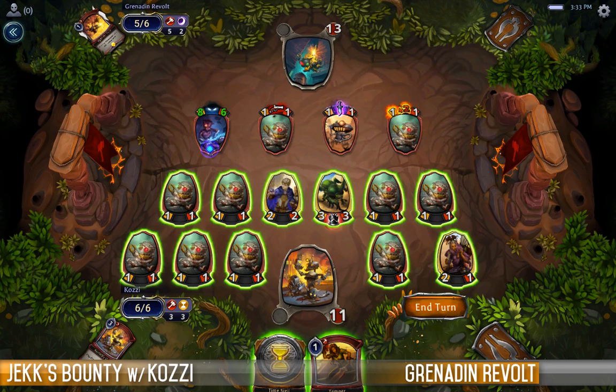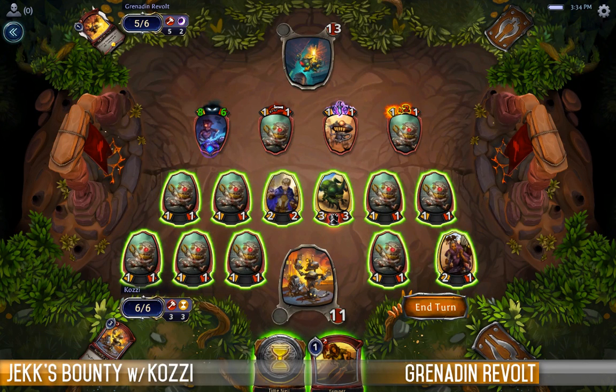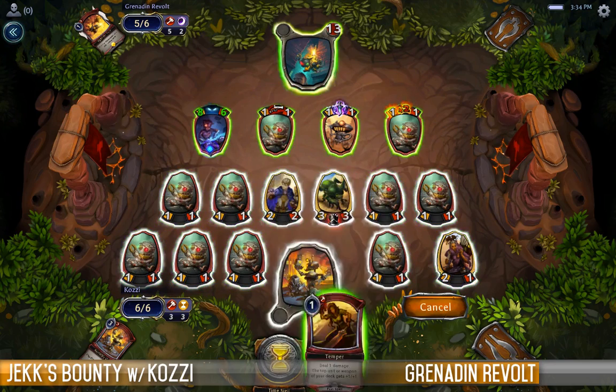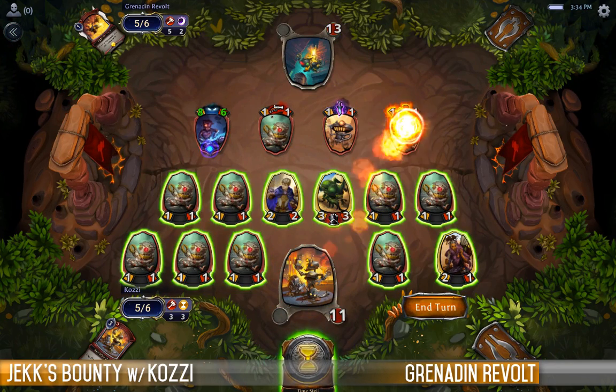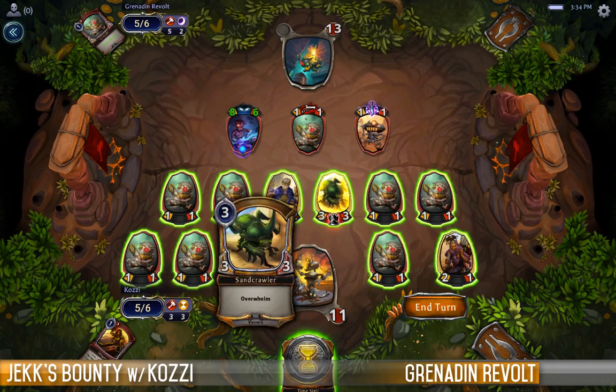I could use my temper now, and that way I get extra damage in. If I do that, I need to make sure that I keep some creatures back to block. If they draw a torch, I'm dead no matter what. If I draw a firebomb, I'm dead no matter what. I think the one I need to fear the most is this one that does double damage, because if that gets a piece of equipment on it, that could really hurt. And then as far as attacks, if this is attacking into...